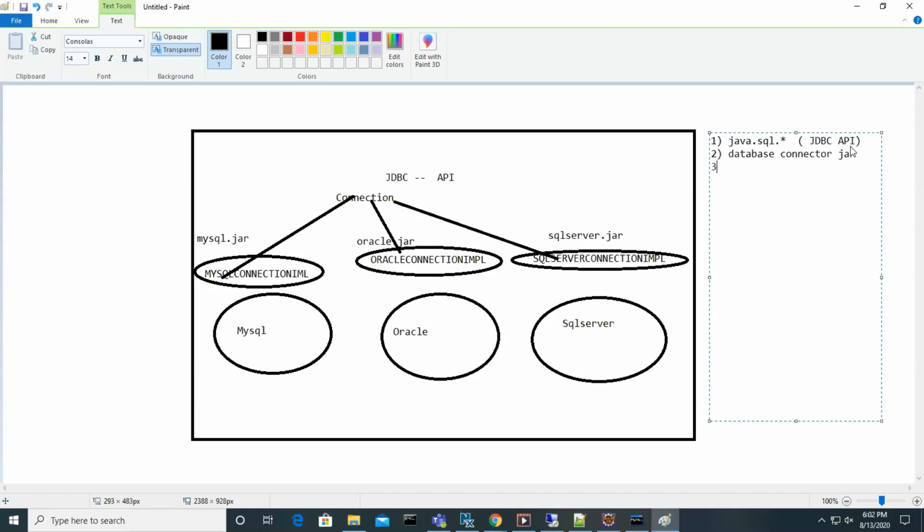And the database software should be there. If you install the database software, you need the IP address of the system where you installed the database server. What is the meaning of IP address? Every system has its own internet protocol address. So where you install this database software, you might have installed it in some system, right? So that system's IP address you needed.